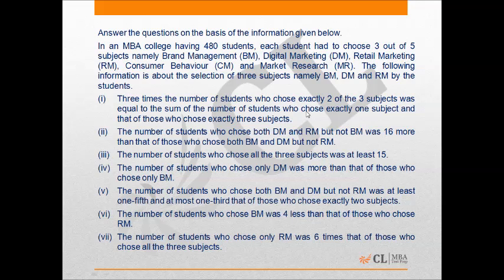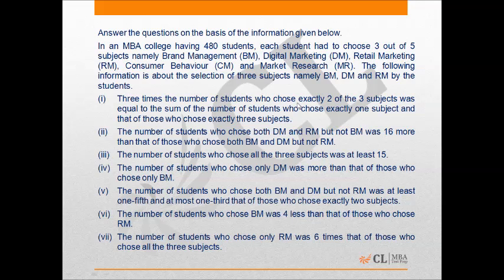of this section. Here we have 480 students in an MBA college, and each student had to choose 3 out of 5 subjects, namely BM, DM, RM, CM, and MR. The following information is about the selection of 3 subjects, namely BM, DM, and RM, by the students. Here, one thing should be noted,